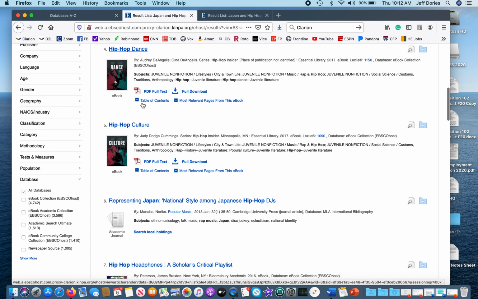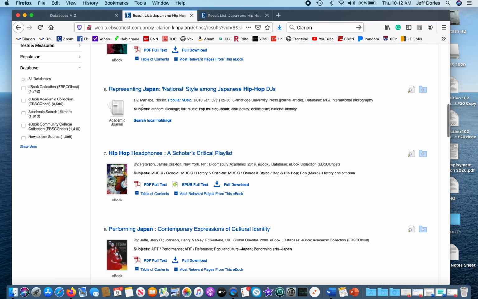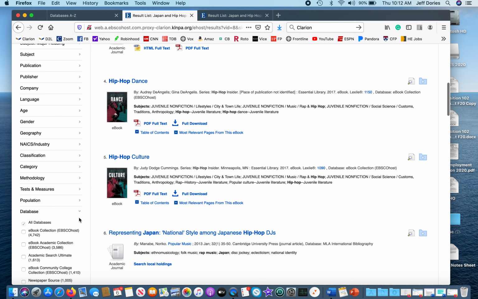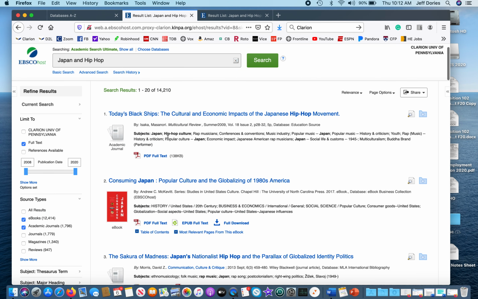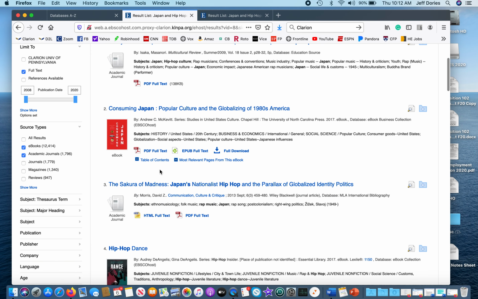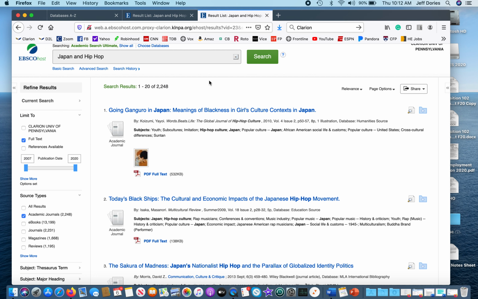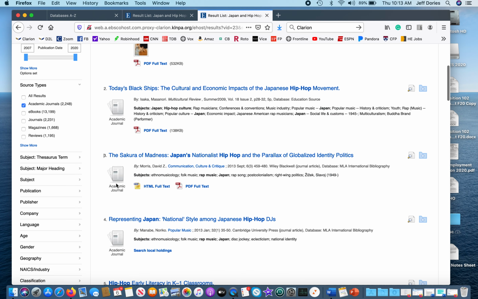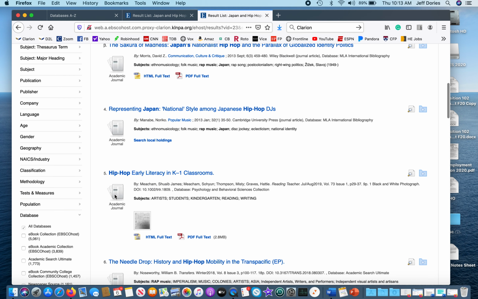but I can see that these results are along the lines of what I would be looking for, right? So you could start just scanning through the results, see if any of the titles look like something you could use, right? Or I'm actually just going to switch tabs here. Okay. Make sure that the full text limiter is pressed, because that's the one that we're really going to need today. You can also see that these say academic journal right on them, so pay attention to that,